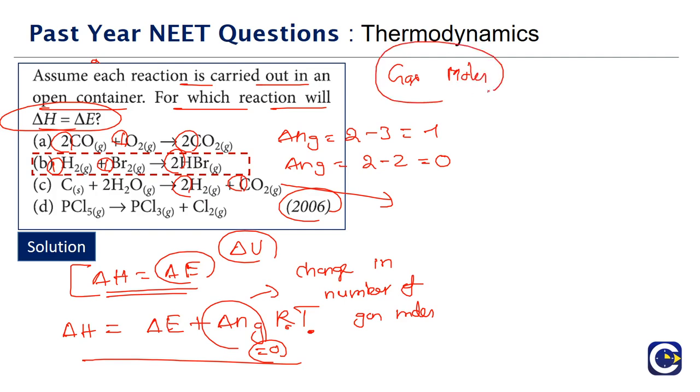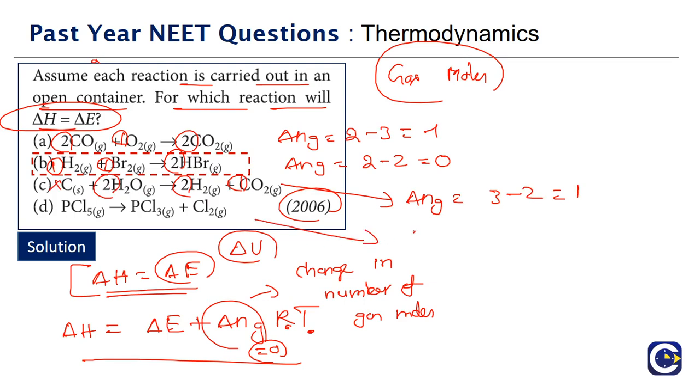That's why we have to be doubly careful in looking at the state of the substance. So 1 mole of CO2 is there in the product, 2 moles of H2. So the total product side gas moles is 3. Reactant side has 2 moles of H2O gas, and carbon is solid, so we will not count it. That means it will be 3 minus 2, which is equal to 1.